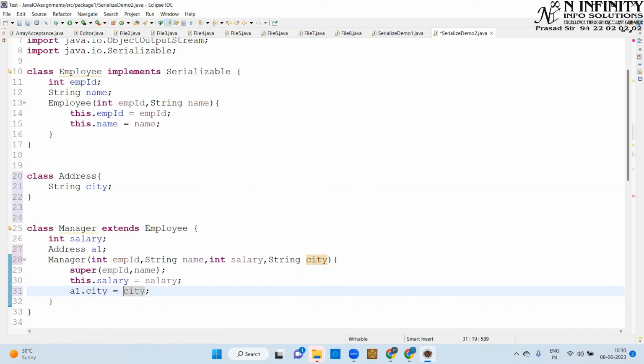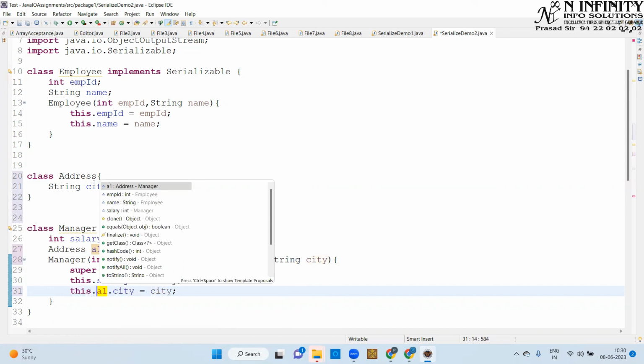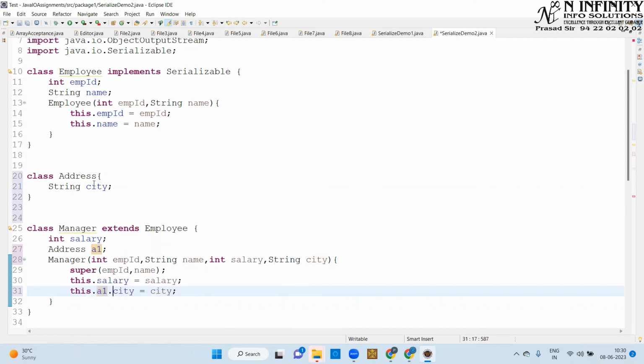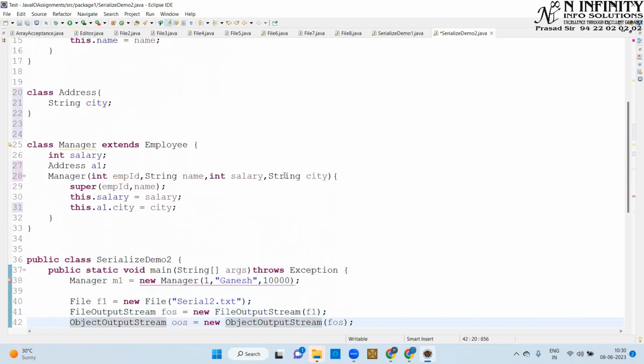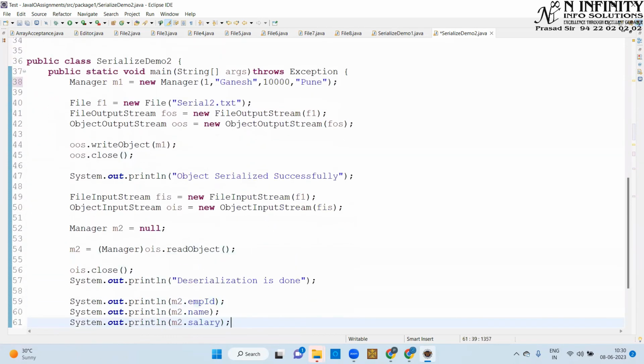Okay, or you can write it something like this, this object's A1's city is equal to the passed city, right? Okay, so while constructing this object, we need a small change here, that will be passing the city as let us say Pune, right? Okay, and we'll try to work on,